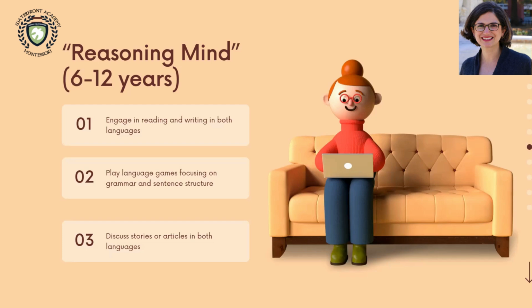And so they ask a lot of questions, and they're very interested in the smallest thing and the biggest thing and this thing and that thing, the thing in the past and the thing that will happen in the future. They're very, very interested. And so the way that you can use a reasoning mind child, the child in this age group, is